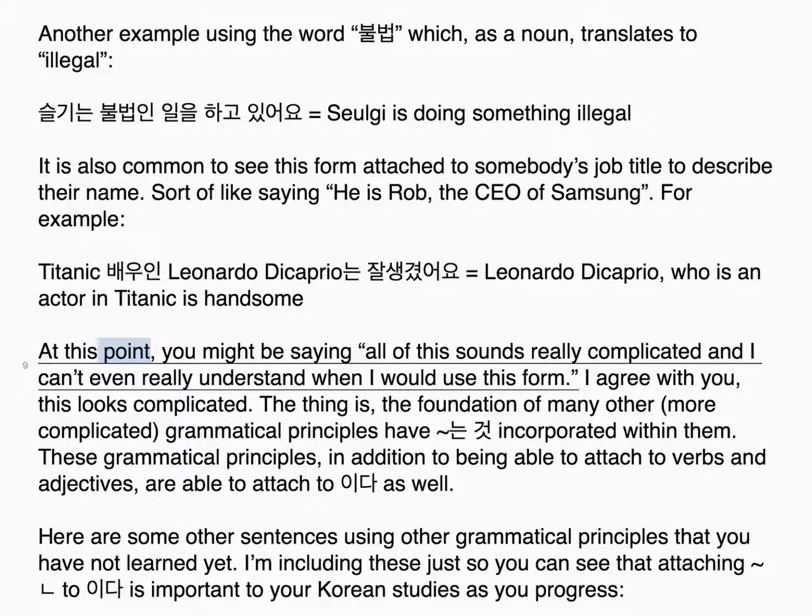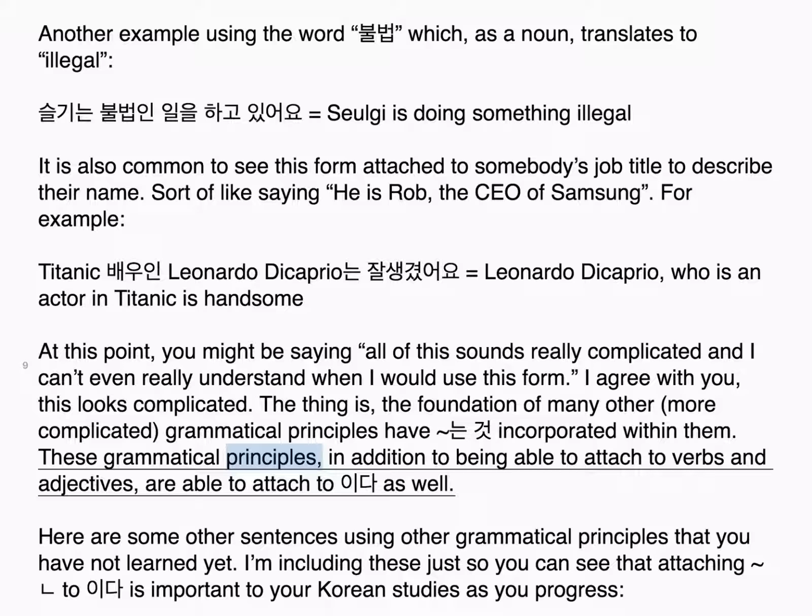At this point, you might be saying all of this sounds really complicated and I can't even really understand when I would use this form. I agree with you. This looks complicated. The thing is, the foundation of many other, more complicated, grammatical principles have 는 것 incorporated within them. These grammatical principles, in addition to being able to attach to verbs and adjectives, are able to attach to 이다